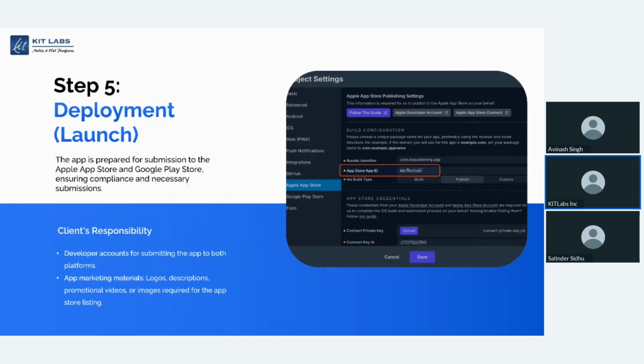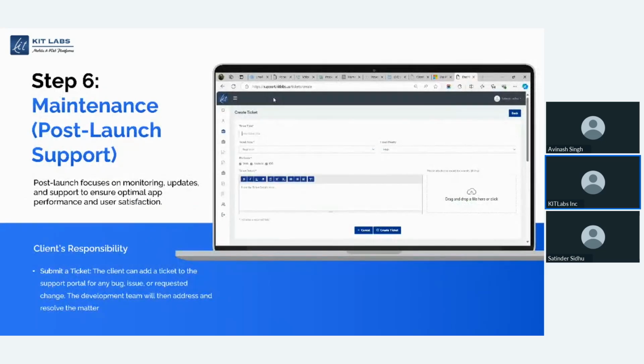And the final is the deployment part. Now in the deployment part, when testing is done, we have done development and testing, and now we know that our application is done. Now it's time to deploy it on the Apple Store or Google Play Store. So we now put our apps up for launch. As a client, your main responsibility here is to provide the developer accounts to the developers. That mainly includes your Google Play Store account or your Apple account, and then we put your app on these platforms where users start using it.